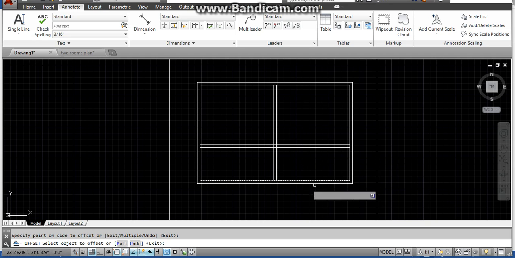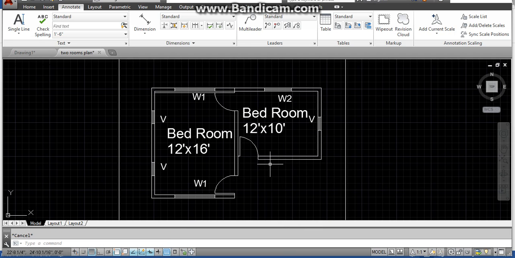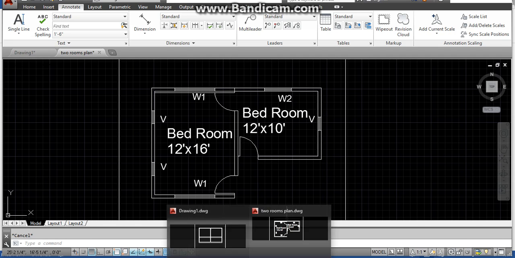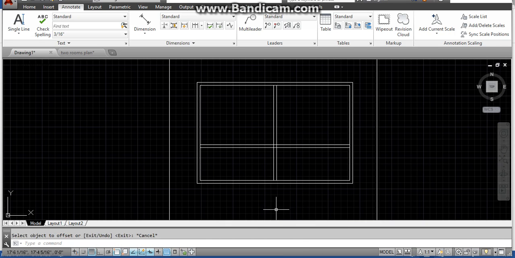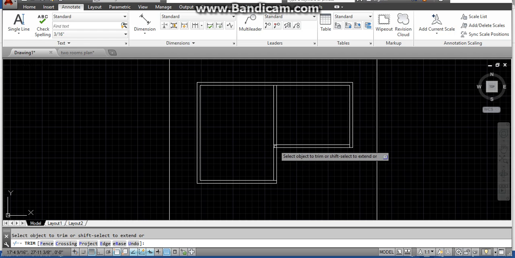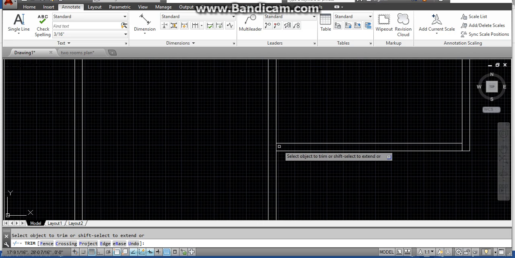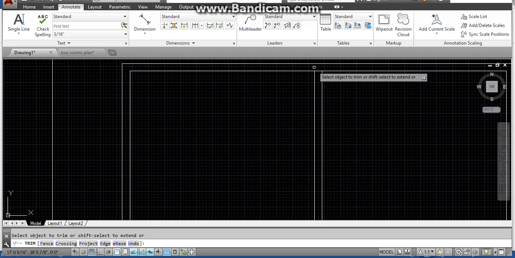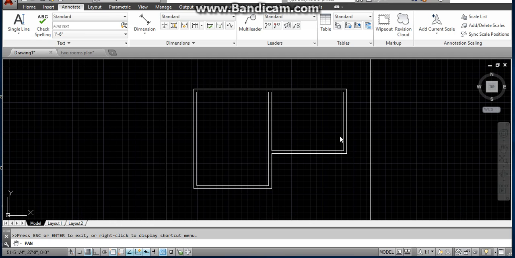Now this portion is unnecessary, so I have to remove this. I'm doing this directly. First of all I have to extend the lines, this line and this line, so that I can remove this portion by the command of trim. And these lines are also to be removed. And now these portions. Now the main structure of two rooms is formed. Now I have to place doors, windows, ventilators, which I am doing directly,